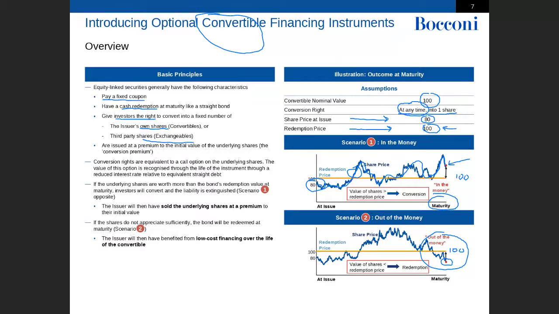And as I said, the redemption at the end could be in cash, you get the 100 in cash, or in case of conversion you can have the redemption either in cash 100, with shares for the difference. Let's call it the market value of the convertible is 130, okay? So you can have either 100 in cash and 30 with the shares, or 130 all shares, or 130 all cash. Those are the options for the redemption.